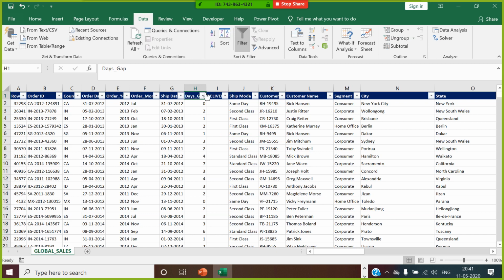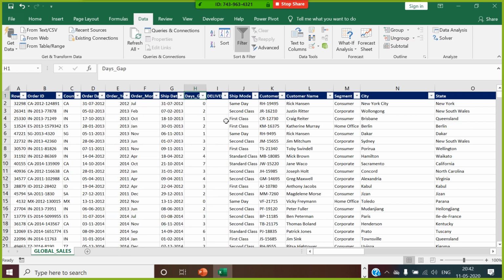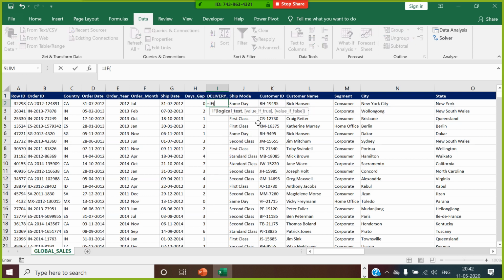If I look at the days gap, there are some orders which are delivered on the same day, which is 0, 1 to 7 days, or let's say around 7 days maximum. I want to create something: if the delivery date is greater or equal to 5, we call this